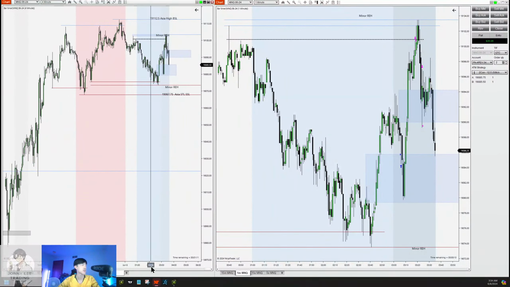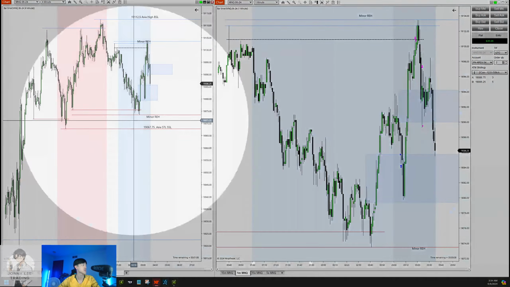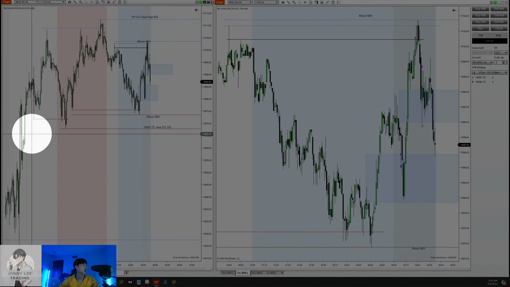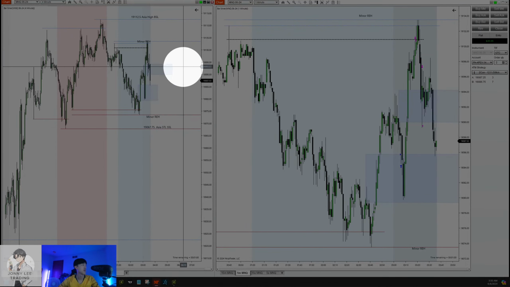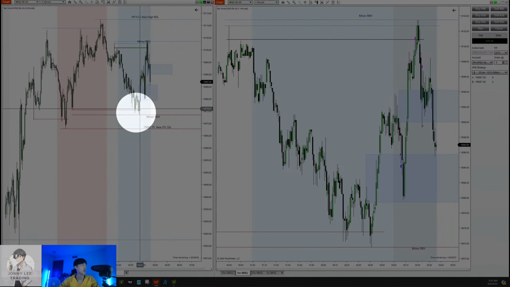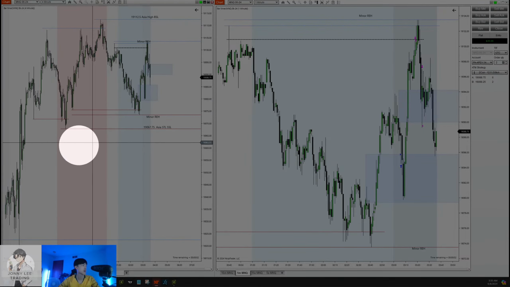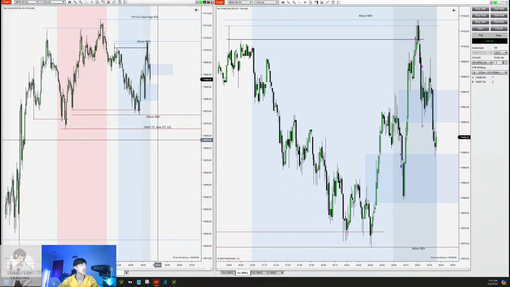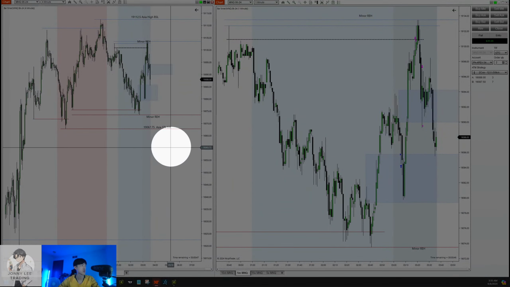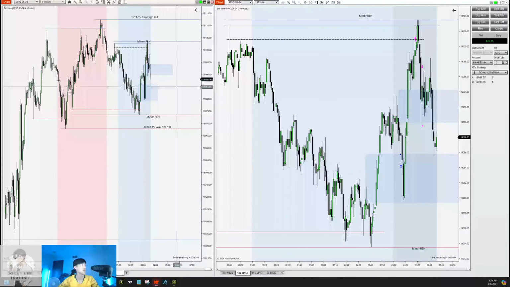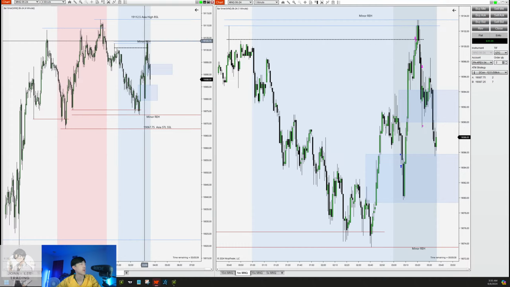I would like to wait to see if price trades below this low, targets the rest of this buy side imbalance, and then continues higher from there. If that's the case, if we take out these three, or technically these 2 points of liquidity, then I will look to see: is it a stop run for turtle soup to head higher, to take out Asia high? That would be my next consideration,